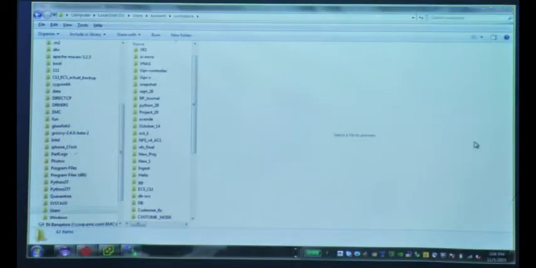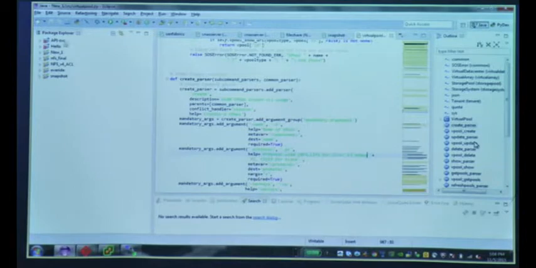So this is the path where I have my project. The name of the project is new one.